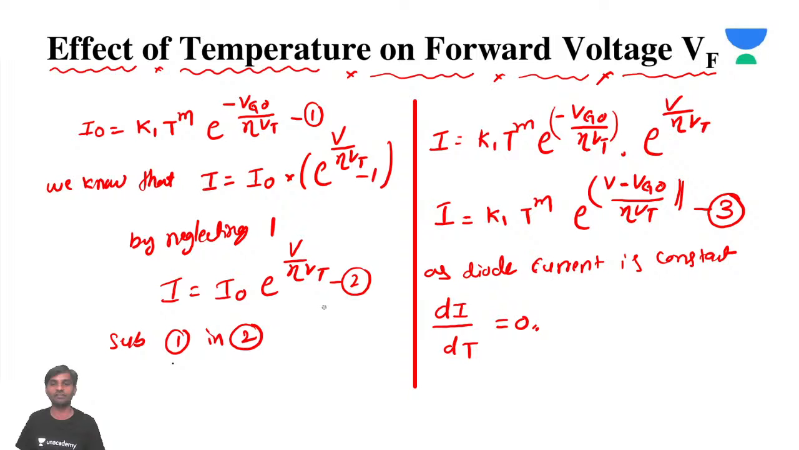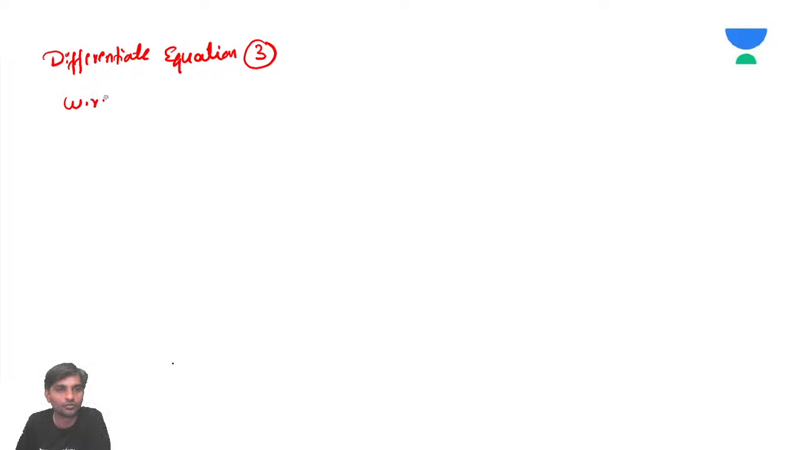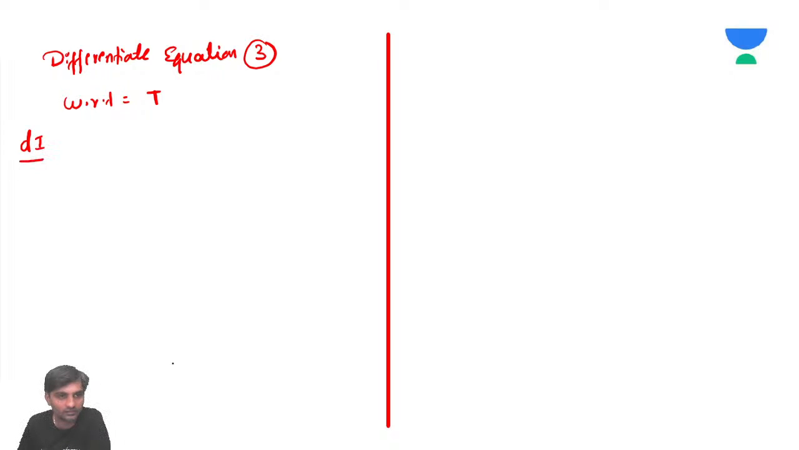So now differentiate equation number 3 with respect to t. Again, differentiate equation number 3 with respect to t. So what happens, sir? What will happen, sir? dI by dt is equal to